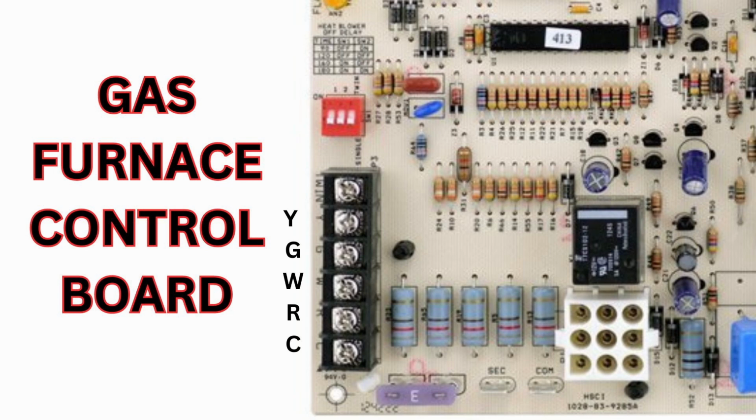You're going to have a yellow wire. You'll know that that goes to cool. You'll have a green wire. You know that's fan. You'll have a white wire that's for heat. You're going to have a red wire for power, and common sometimes will be blue, and it's connected here. You'll have wires that run off that way. Sometimes you'll have a B. But that's the fundamental settings of your gas control board, and this is where the wires from your thermostat connect